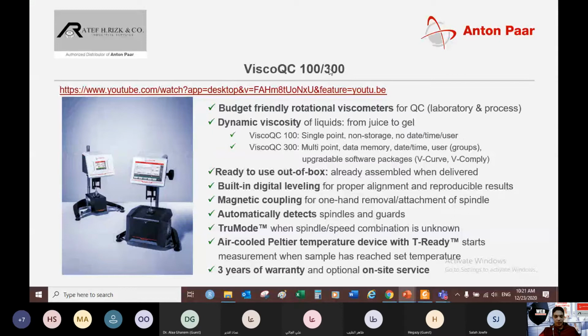We have two different rotational viscometers called ViscoQC 100 and ViscoQC 300. These instruments are budget friendly, really cheap, and they measure the dynamic viscosity of liquids from juice to gel, covering many applications. The 100